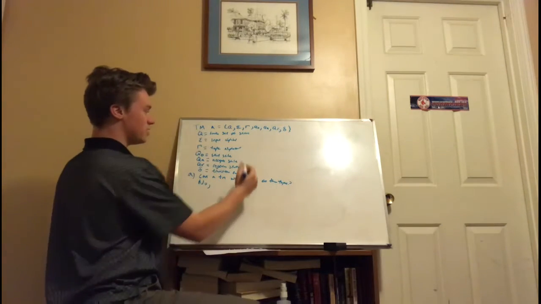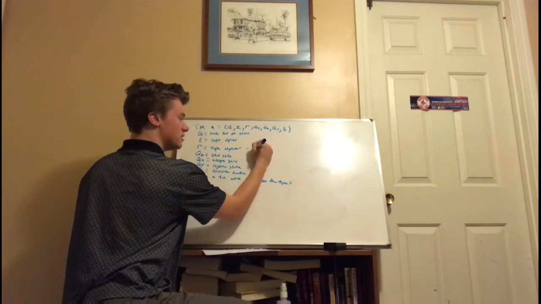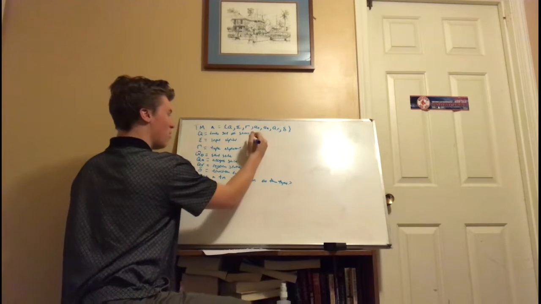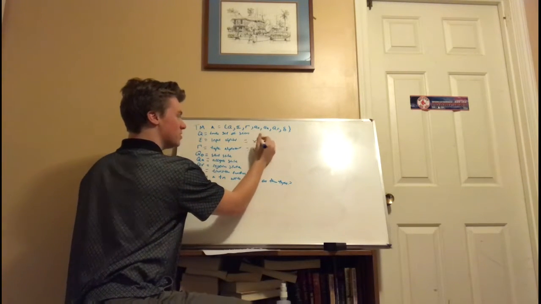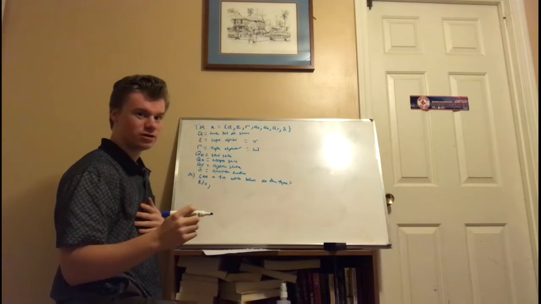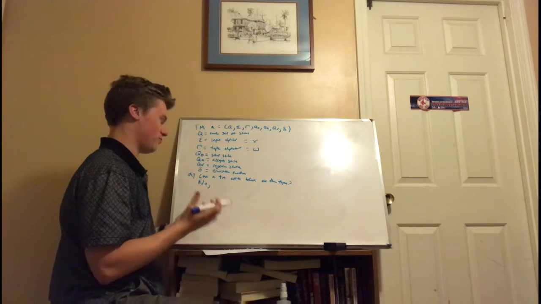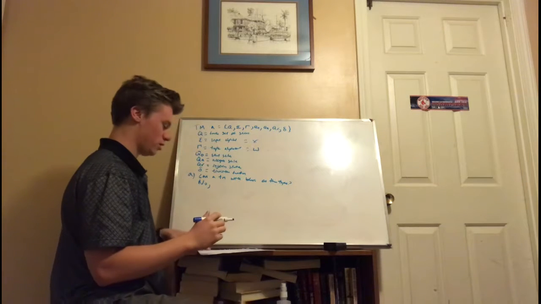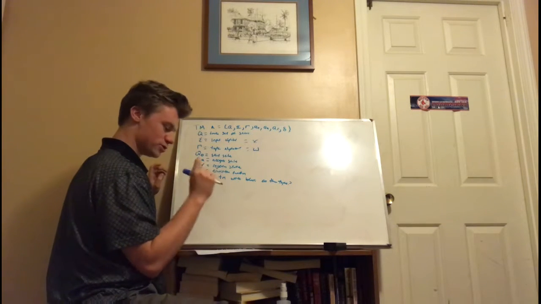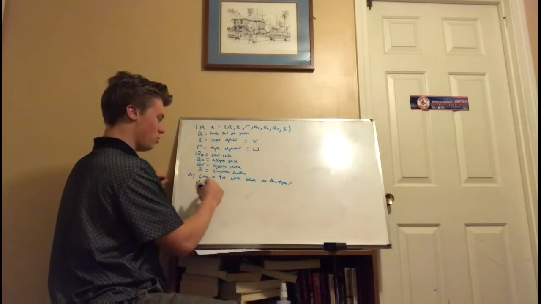And that's because the tape alphabet consists of the blank symbol. However, the input alphabet has no blank symbol. It needs an input. It can't have blank as an input. That just wouldn't work. It needs to be like one string. So, no,